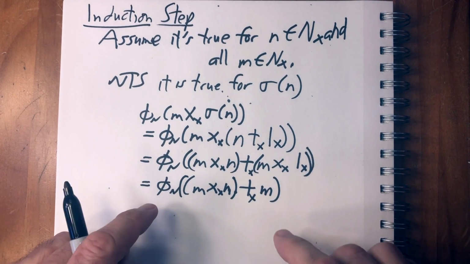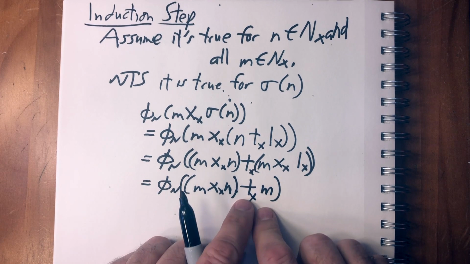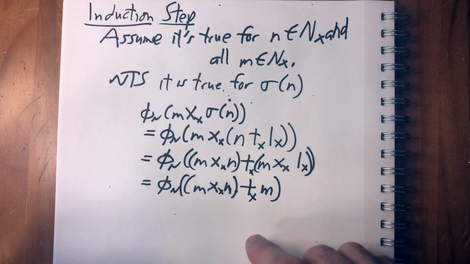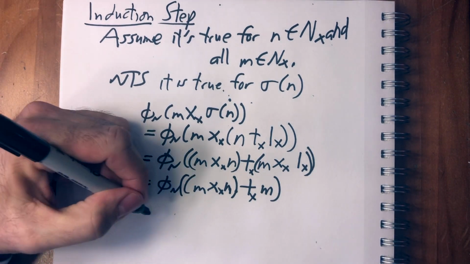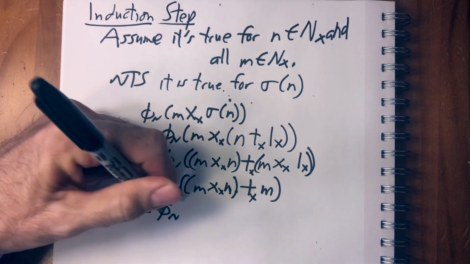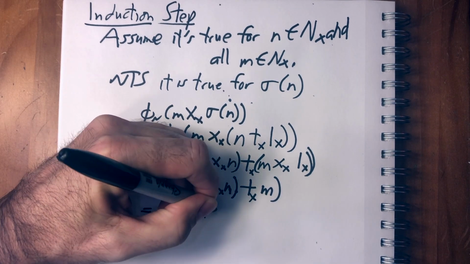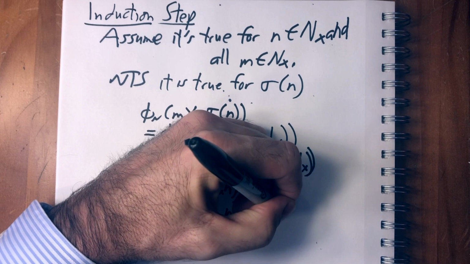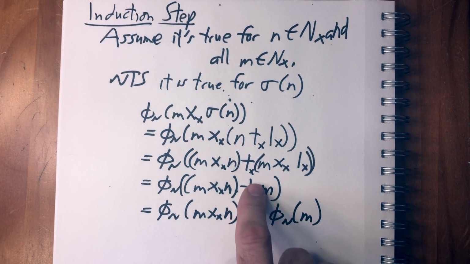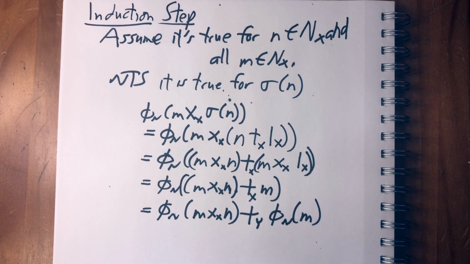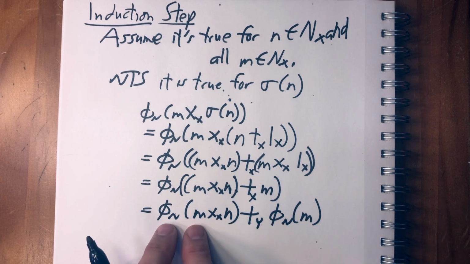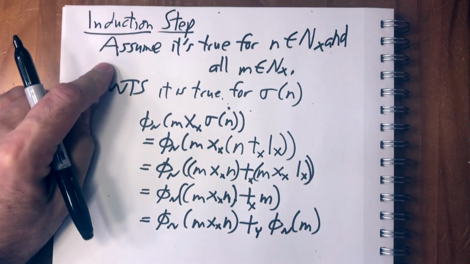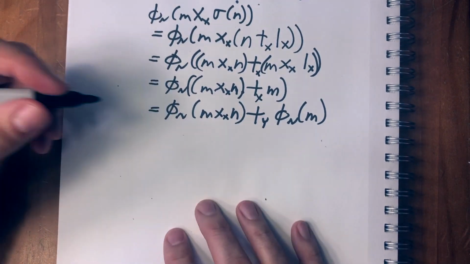Now we've already verified that phi has the additive property, so we can apply what we just used to say that this is phi of m times n plus phi of m in y. This is the additive property of phi, which we just showed. But now we have, by assumption, we already know that multiplication works for m and n. That's our assumption step. So now we have